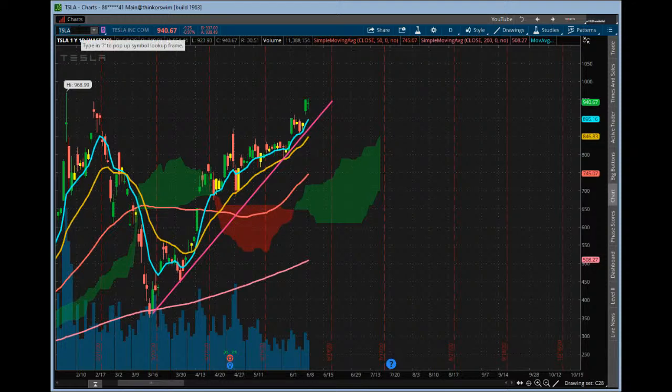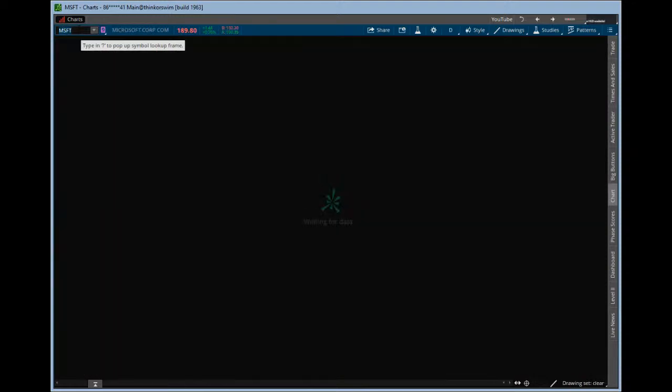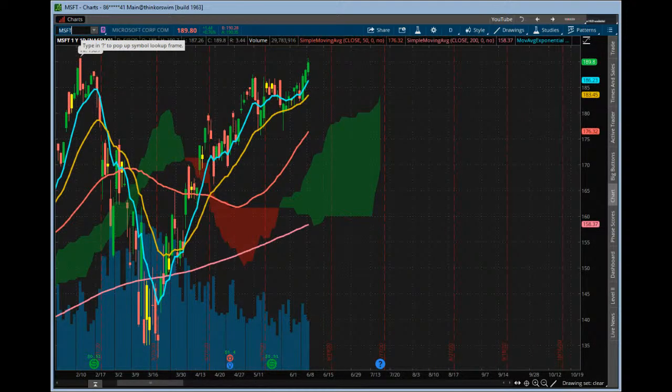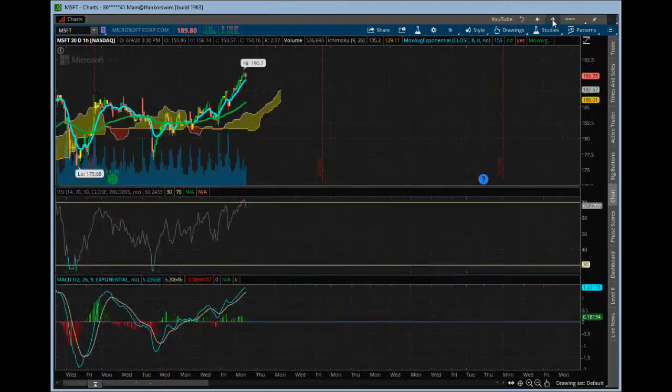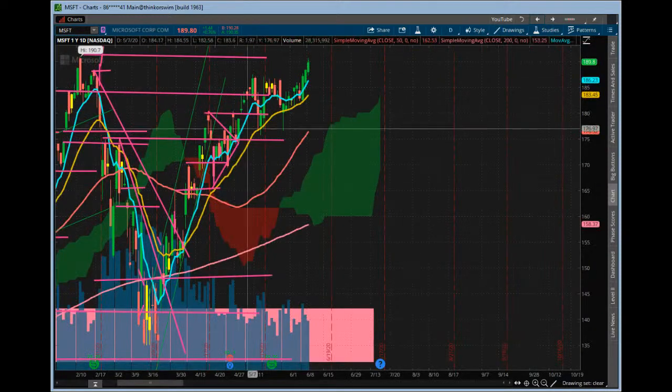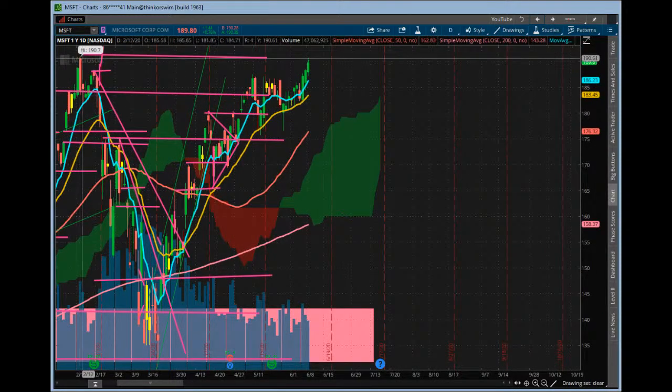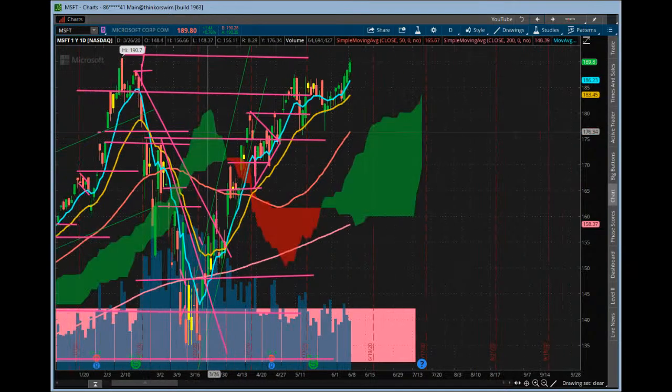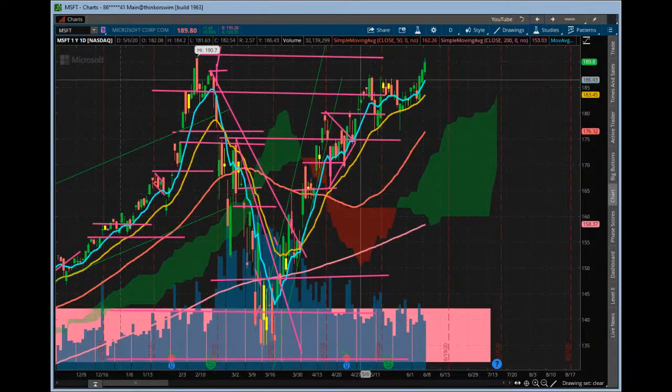And then Microsoft, pretty decent, right? So Microsoft had a nice move today. It's right near all-time highs. It gave a couple decent moves intraday today. We pointed this one out in the group here. A little bit of a pop to the upside on that one, which ended up being pretty good. And then a decent close. So it's really close to tagging those fresh highs. Really amazing move. Big cup and handle potential on that one. So good ones, Tracy. Appreciate it.